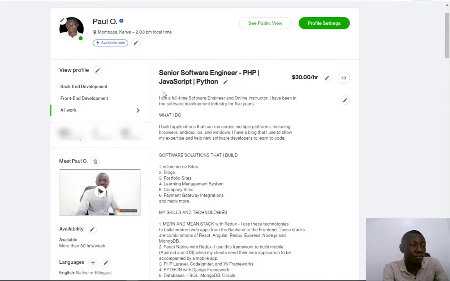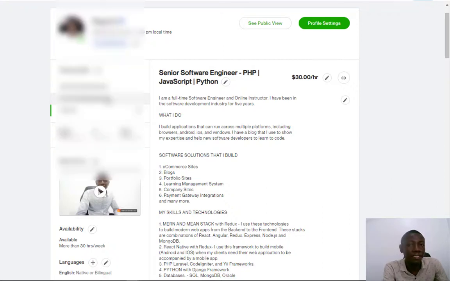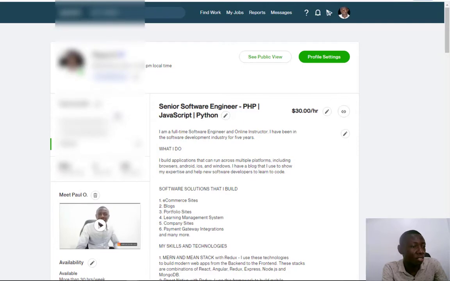Having a 100% profile makes you suitable to be given badges on Upwork, because we have badges like Rising Talent, Top Rated, and also Top Rated Plus. Those badges are going to show the clients that you are capable of doing the work, as you are an expert in those fields. So having a complete profile is going to make you a candidate for those badges, and it's also going to show the client that you are very good at what you are doing.